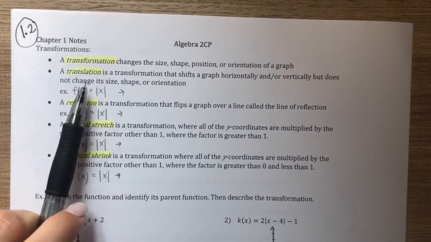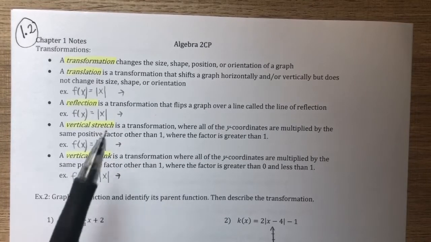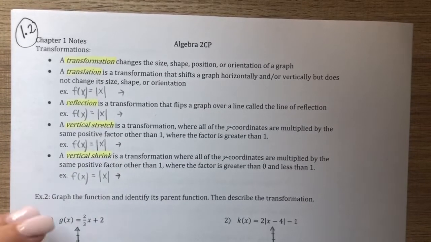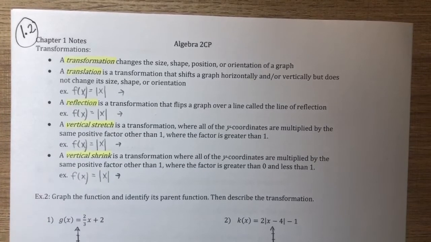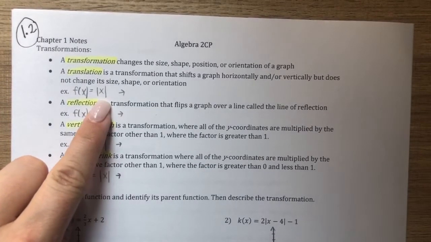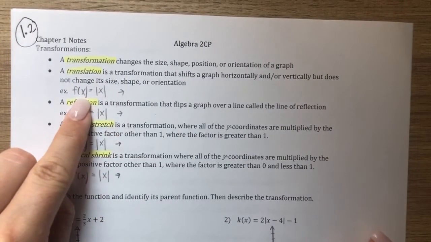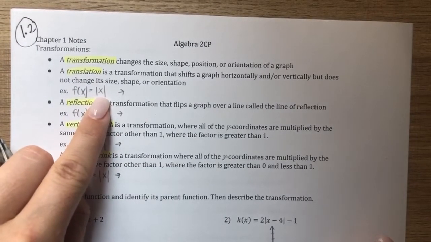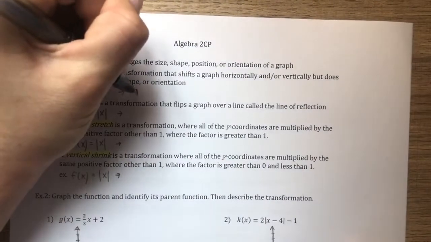So for a translation, there's two different ways that we can translate something. We can go left or right, or we can go up or down. And if we want to go left or right, that transformation comes by adding or subtracting something inside of the absolute value bars. So my first example is going to be, I'm going to take f of x equals the absolute value of x, and I'm going to translate that 2 units right. I'm just going to write the equation. I'm not going to graph it. So that new function would be g of x